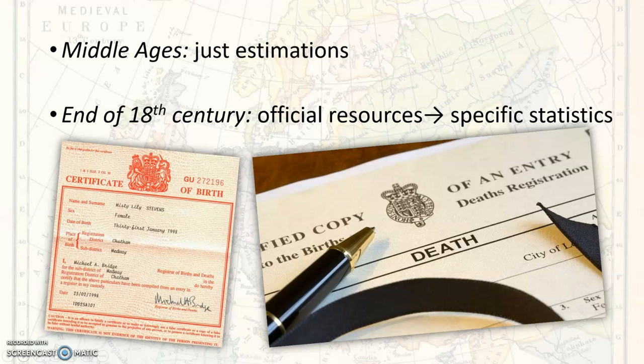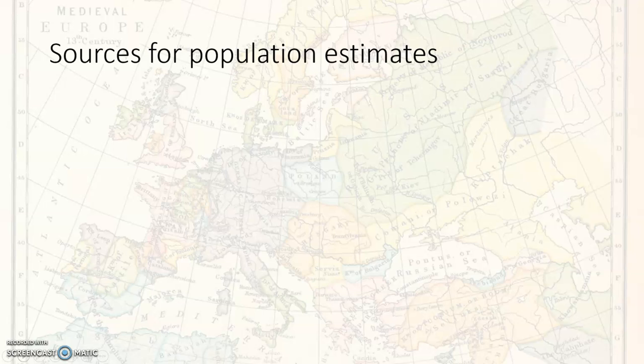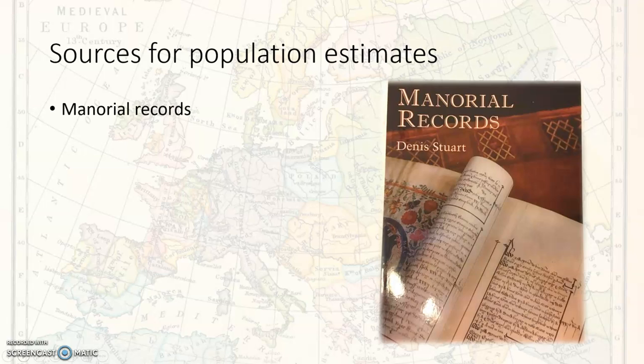Since the end of the 18th century, local authorities all over Europe keep population registers, which keep track of every birth and death. However, such registers or other systematic sources did not exist in the Middle Ages. Hence, historians who research medieval population numbers have to use other sources. Sometimes landowners ordered lists of all their belongings in manorial records, documents listing the lands owned by a noble, as well as the names of the farmers who lived there.